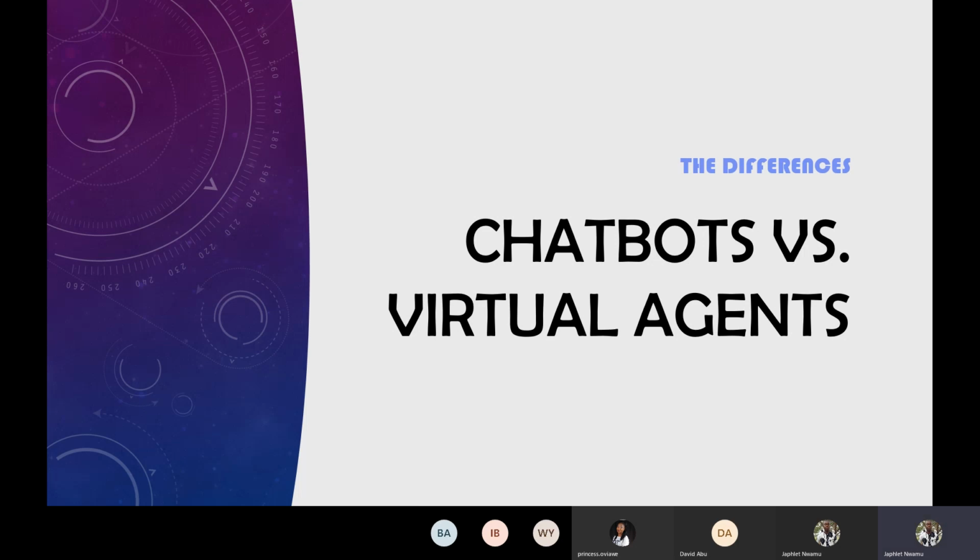Now, with a virtual agent, you can do more. Remember, a virtual agent does more than a chatbot. It's a virtual customer care representative. And so definitely it should be able to carry out more tasks, more activities than a chatbot does. So whenever you need to make references to stuff, you need to verify what a particular customer, virtual agents can do that. There are three basic things your virtual agent can do.